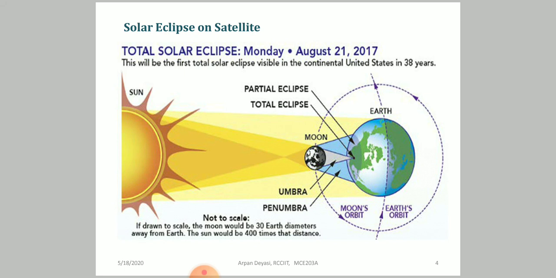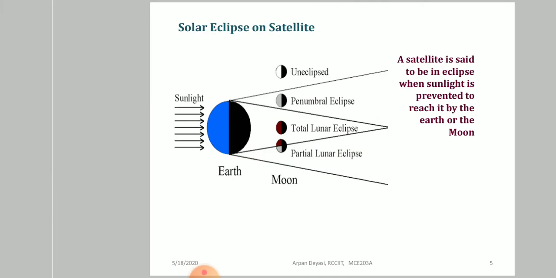So I am giving a figure that is obtained from NASA, and you can get this figure freely in Google images, which shows the total eclipse and the partial eclipse, the umbra, the penumbra, everything about the moon. When the moon is completely covered, that is the total eclipse, but when the sun rays go partially outside of the moon and reach towards the earth, that is the partial eclipse. That's a simple figure which helps you understand how a total eclipse may take place. So by using this simple figure you can move onwards.